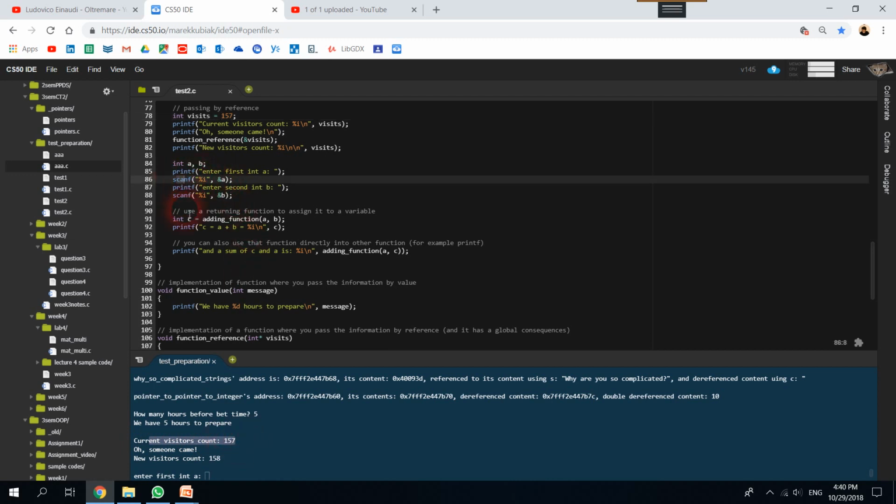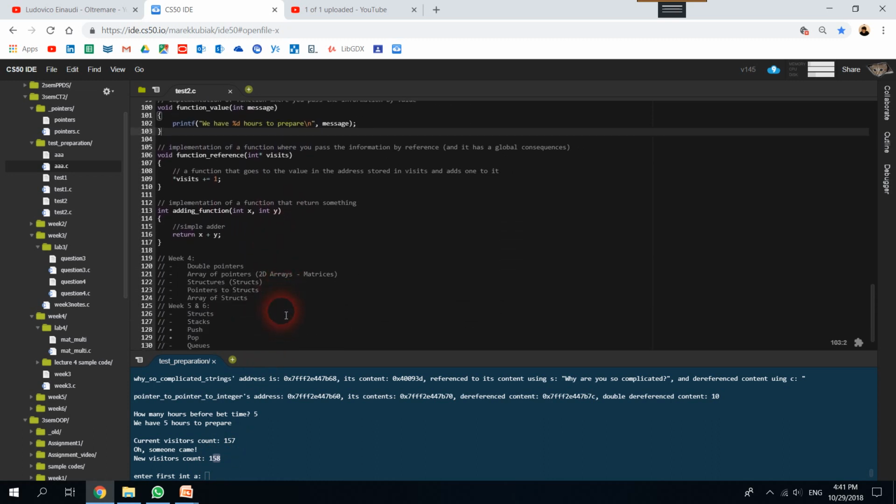And then, sorry, we go in here. Oh, somebody came in. Okay, and we are running this function reference, and we pass an address of visits to that function. After we call this function and pass the address of our variable that is inside of our main function, we can see we print pretty much the same message, but it's bigger by one. You can see somebody added, my function added one to